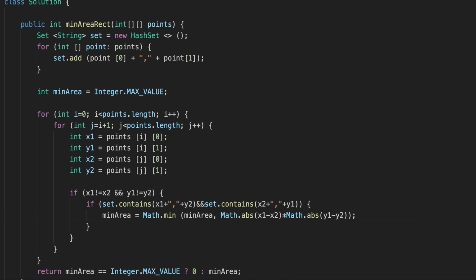Let's go over our solution one more time. We need to find the rectangle with the minimum area. For that, we go over all our points on the coordinates and add them as comma separated values x and y into our set. Then we iterate over our points one more time and try to find 2 points that are not equal, where x is not equal to x and y is not equal to y,